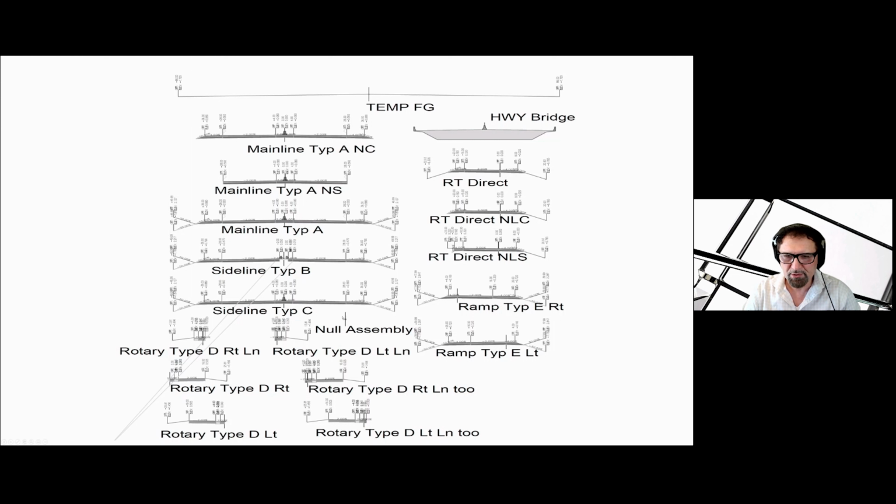It's important to also have on models such as this a null assembly to connect areas where there's no other assembly on any given corridor. Either that, or you're going to break that corridor into separate corridors and have nothing in between, or have some other parts of the modeling object, such as maybe grading object.